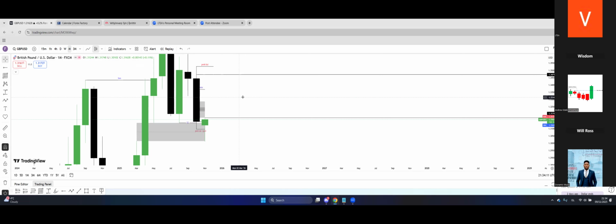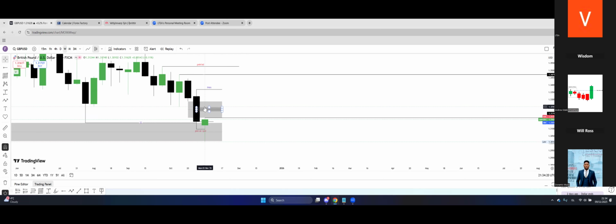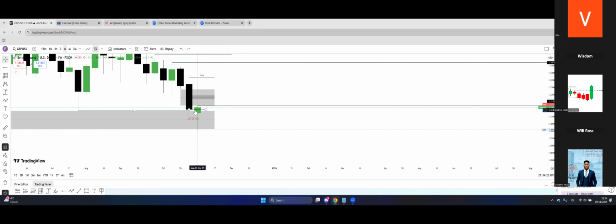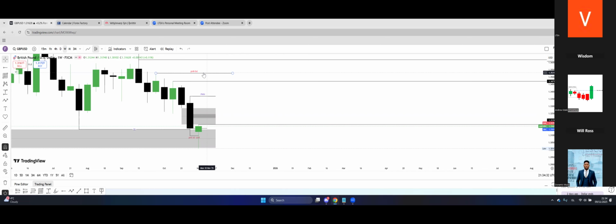It could be the 50% of this candle where they find equilibrium. It could just be as soon as they trade into this weekly inefficiency that they find equilibrium. So this previous week green candle could serve as liquidity for this inefficiency for them to find their equilibrium right here. Remember, the previous month high is here. So it doesn't really need to come all the way here to find equilibrium for buyers and sellers to agree on price. So it's all about liquidity and efficiency.